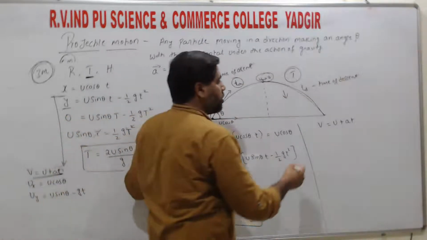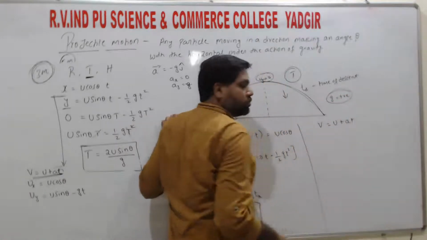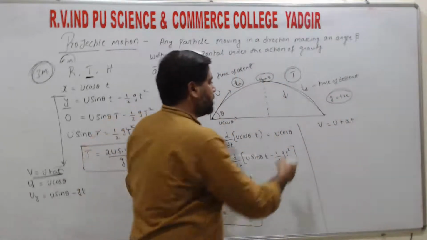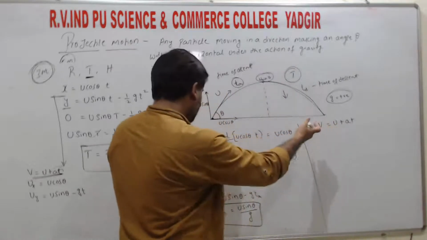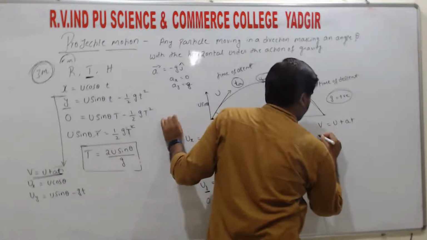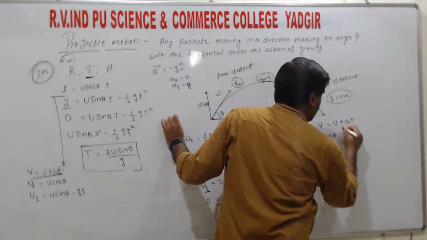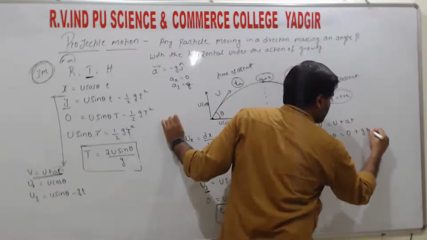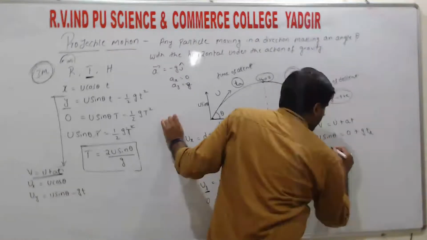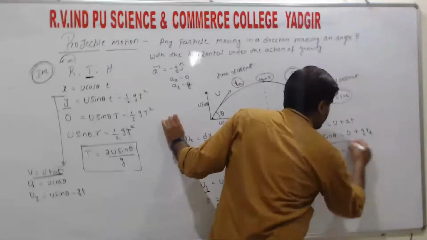That means vertically downwards, g will be positive, right? So same here, v, that is u sin theta, is equal to 0 plus g t, that is time of descent. So time of descent is equal to u sin theta by g,